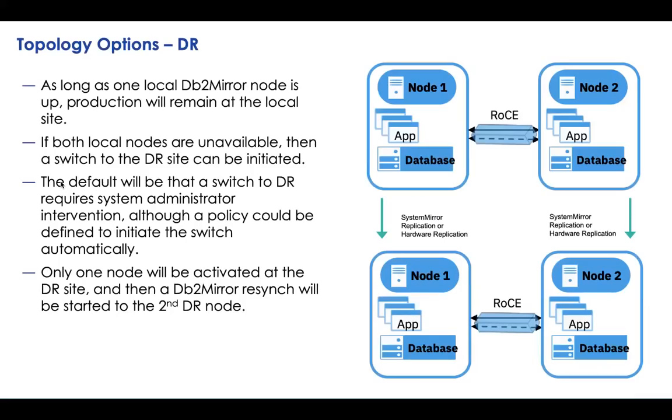DR, I talked through a lot of this. Key points, though, I want to make on this slide is with a PowerHA or hardware replication, you'd probably want four nodes because you want each of the nodes in Db2 Mirror to replicate their view of their hardware because they're two independent partitions down to the DR site. With hardware replication, we can't,